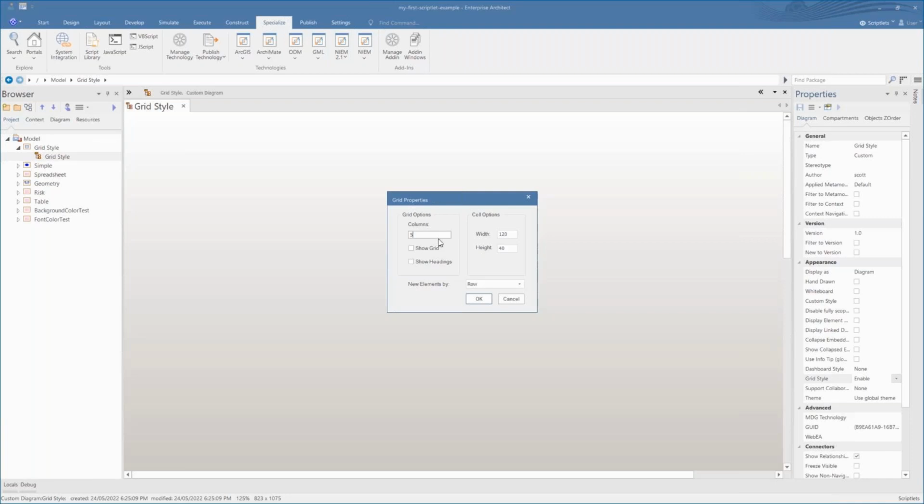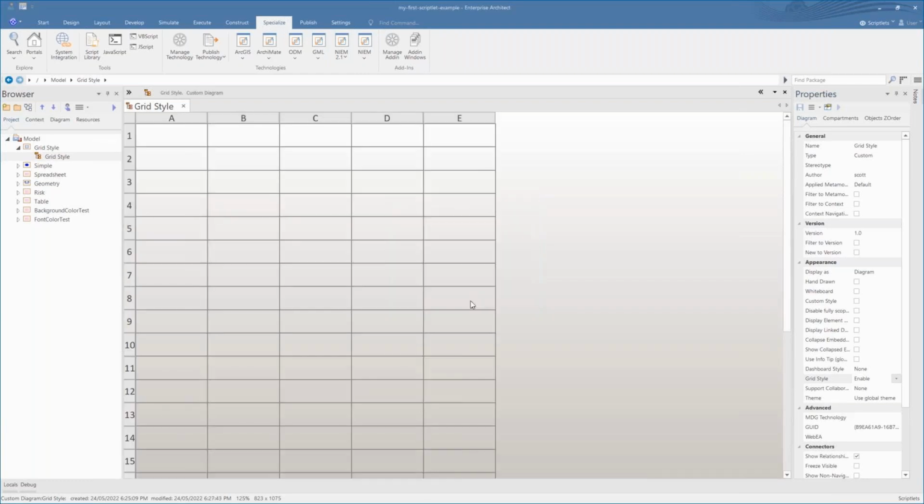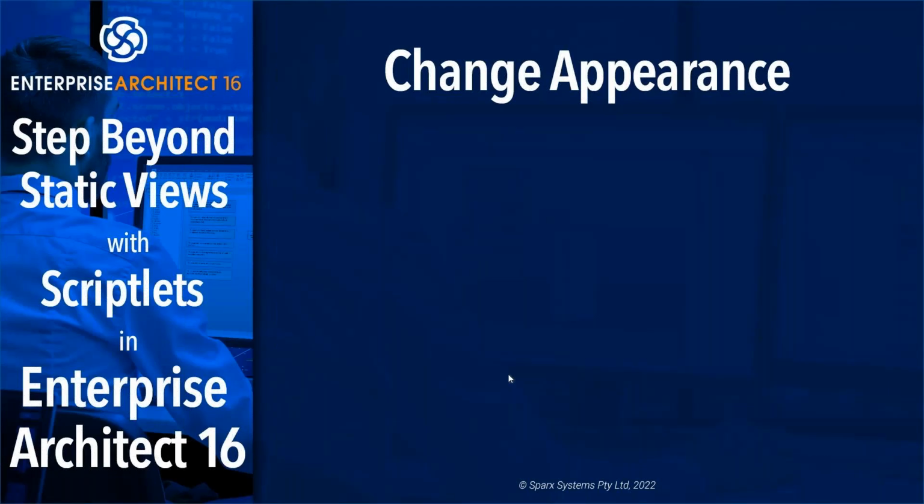So you can see from diagram properties, I enabled grid style and I've set the number of columns, and I'm going to show the headings. So as you can see, the columns A1, A2, A3 are represented up the top, and you have all of your rows that are numbered appropriately.